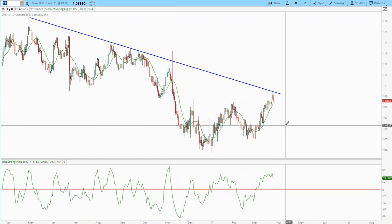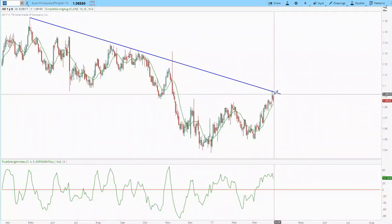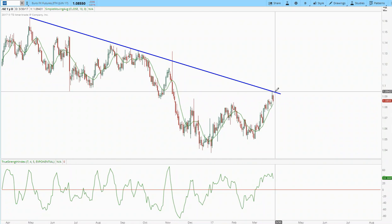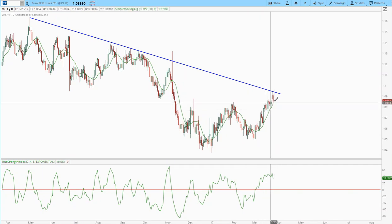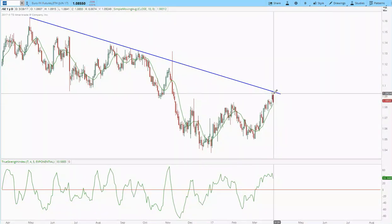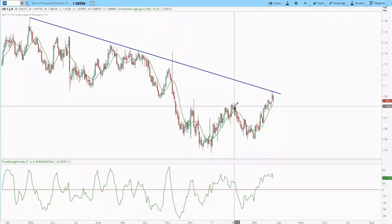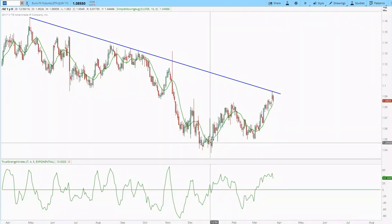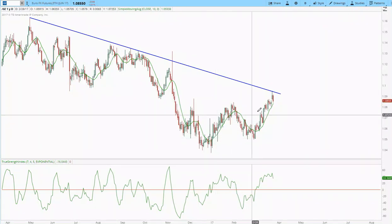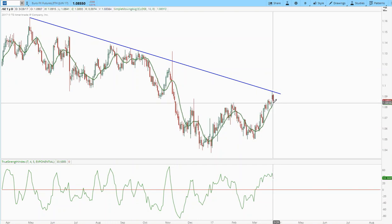But what we've got is just a very complex pattern playing out here that's just not giving us a lot of follow through in either direction. No big trending move up. The corrections have been pretty deep, but not quite deep enough to break the previous cycle low. So in the euro anyway, we've got a trend that's slowly rising,